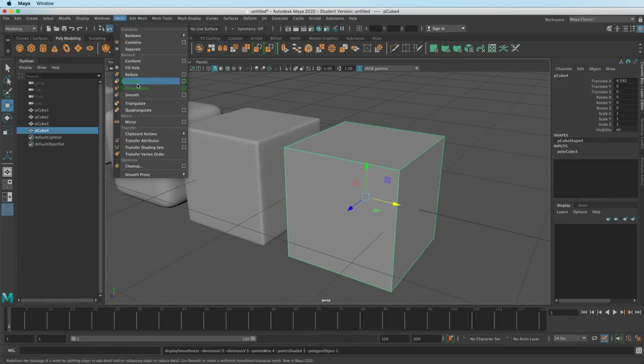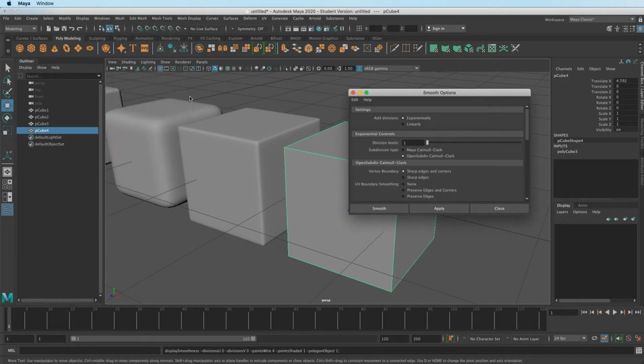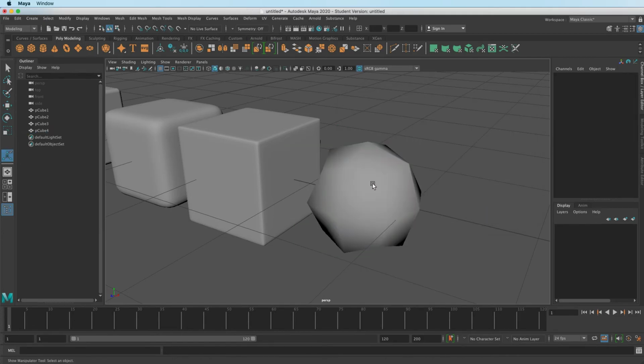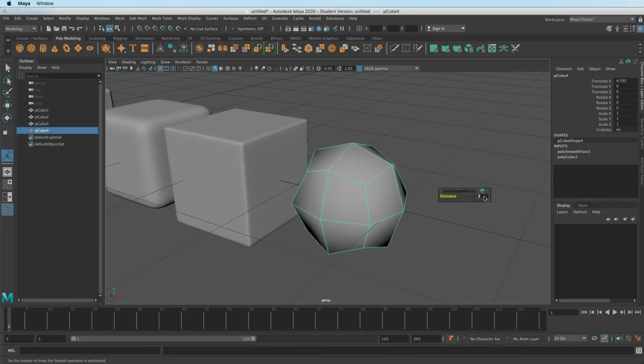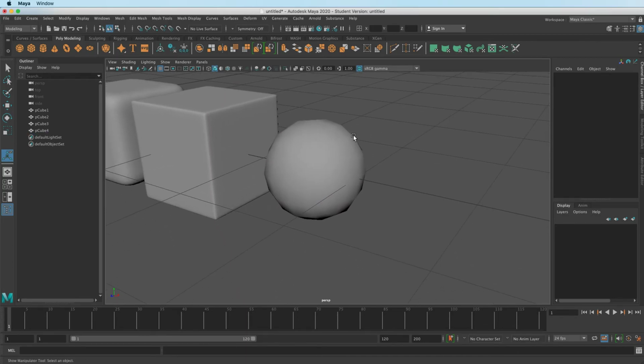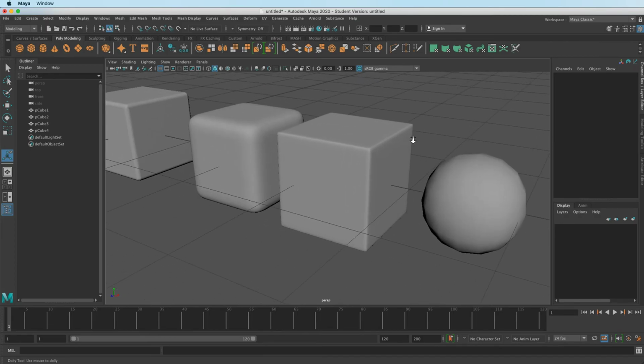Yeah, sorry, Mesh, Smooth. And if we use the option box, you can decide how many division levels it's going to do this for. So if we increase it to 2, this is the shape of an original box